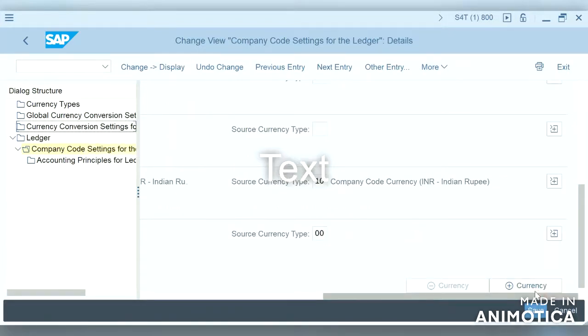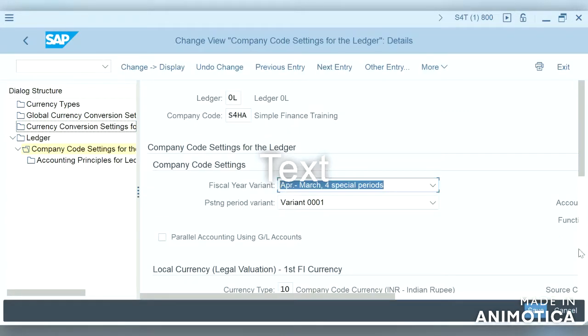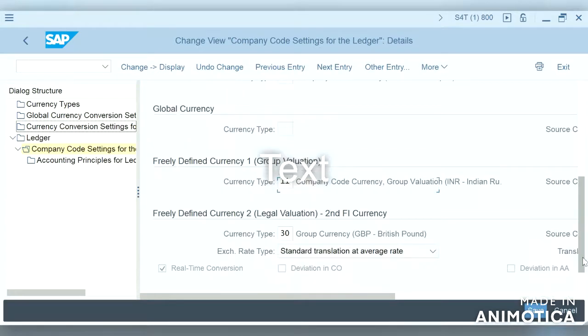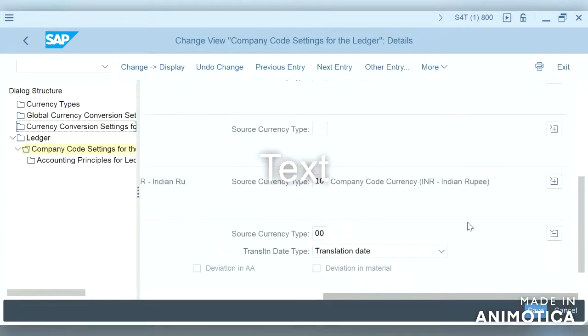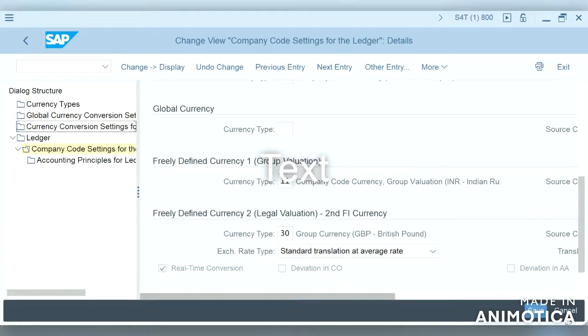I had missed the source currency type. So whatever information we update in currency conversion settings will be updated here. So the same thing, you can see that, and real-time conversion. Let us save this.